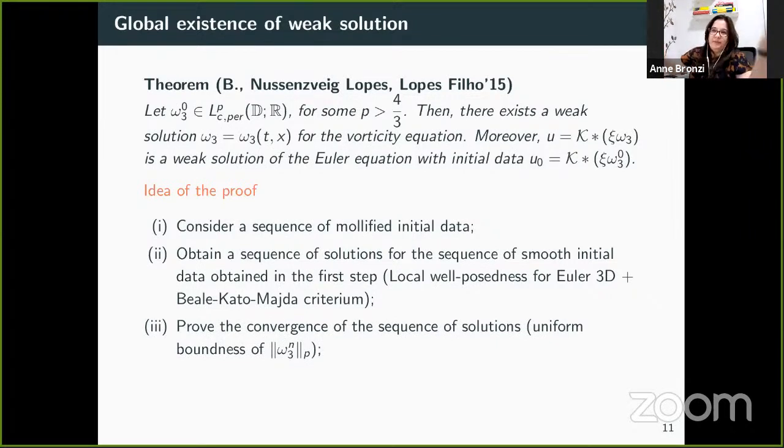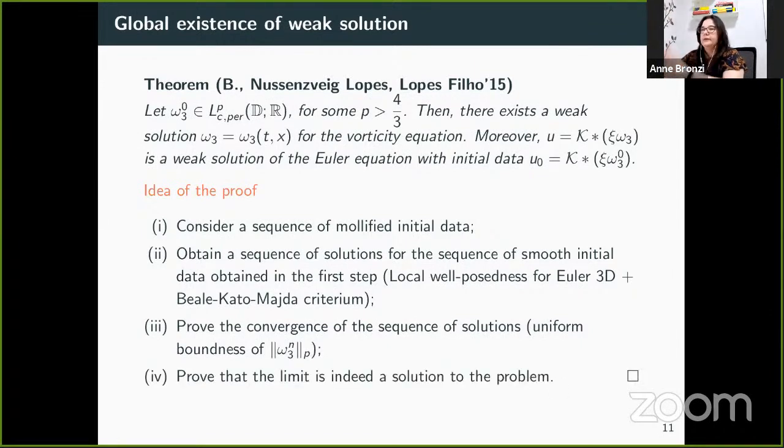Then we have the global boundedness for this case, and then we prove the convergence of the sequence of solutions. This is actually a point where we have to be very careful. There are a lot of estimates we need to do here, but this is standard. And then we prove that the limit is indeed a solution to the problem. Okay. All right, but